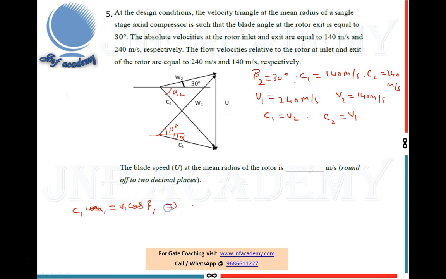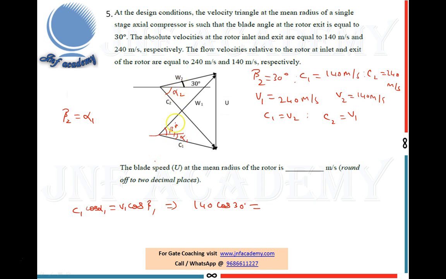So from here, if you substitute C1, which is given as 140, into cos 30 degrees, because it is a symmetric triangle, your beta 2 has to be equal to alpha 1. So your beta 2 is equal to alpha 1. Okay, 140 cos 30 degrees is equal to, if you see this diagram, this value has to be equal